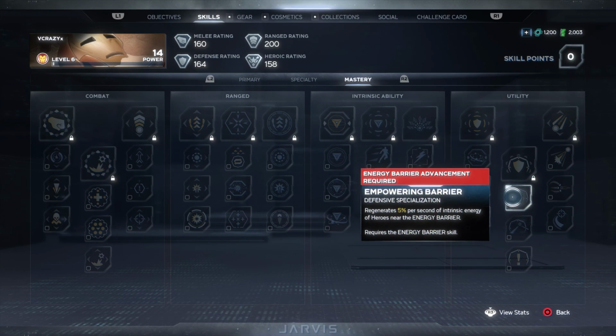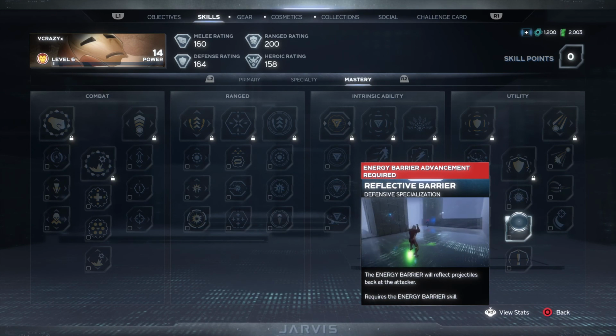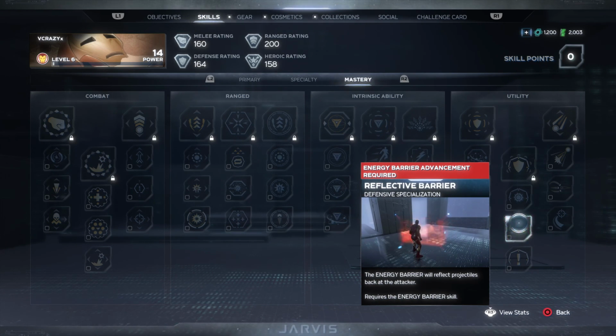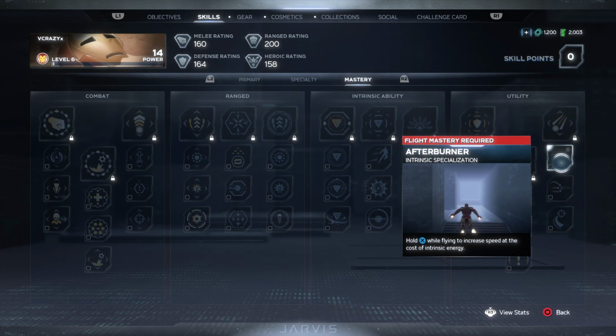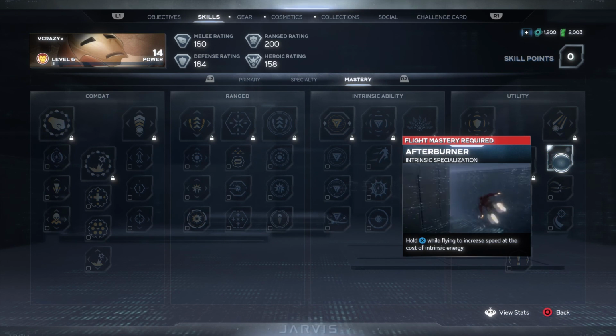Moving over to our Empowering Barrier, regenerates 5% per second of intrinsic energy of heroes near the energy barrier, again needs the energy barrier. This one, the energy barrier will reflect projectiles back at the attacker, that can be very helpful. We have Tactical Barrier, heroes near the energy barrier gain a 15% critical chance increase on all attacks. Nice. And then we have our Afterburners, so holding X while flying will increase speed at the cost of intrinsic